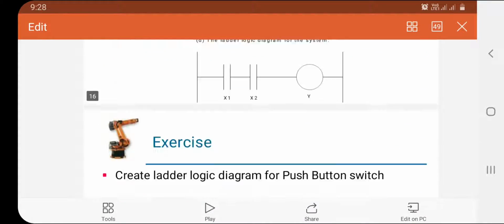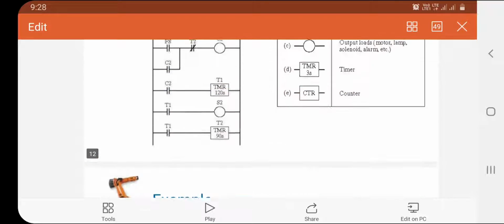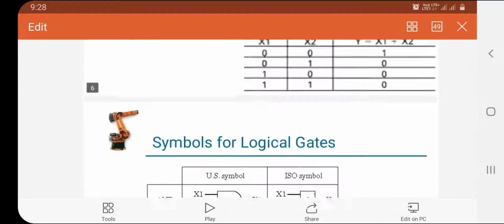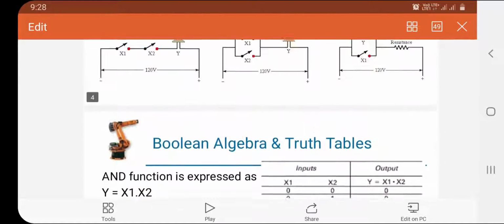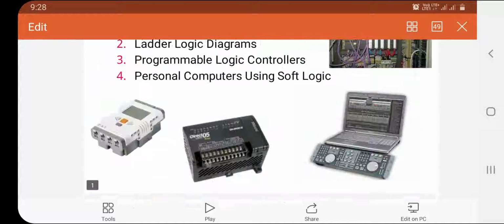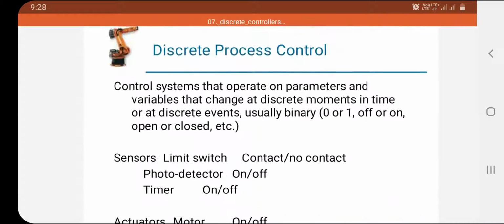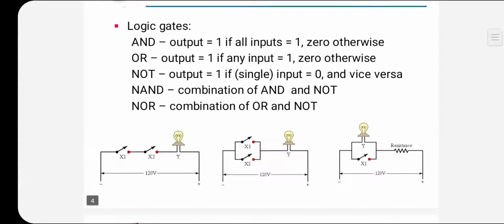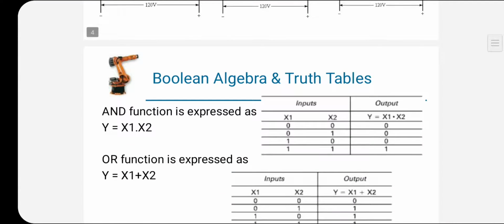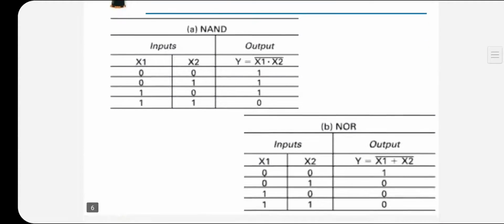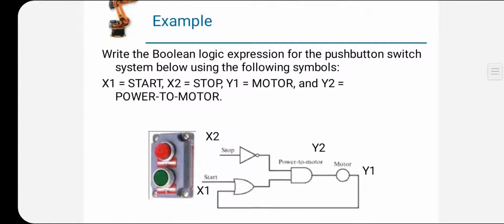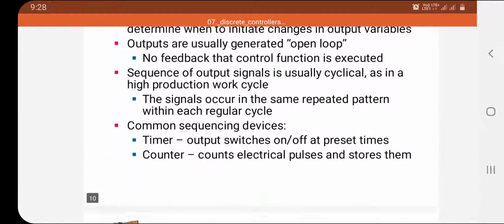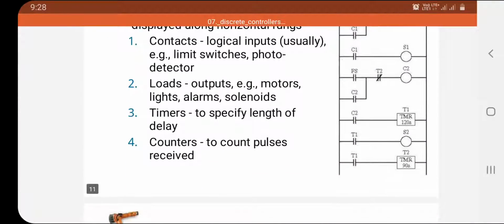In today's lecture we discussed what a PLC is, we also discussed the different logic gates, and we solved some logic gate problems. The basic types of logic gates are AND gate, OR gate, NAND gate, NOR gate and NOT gate. We also discussed Boolean algebra and truth tables, how to write and draw ladder programming, and what the different types of functions are. All these things we discussed today.